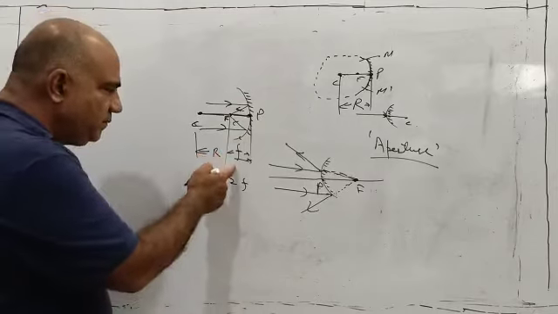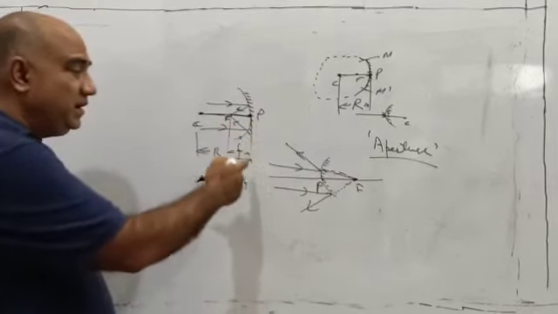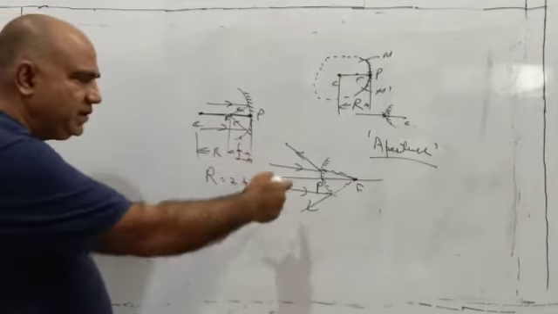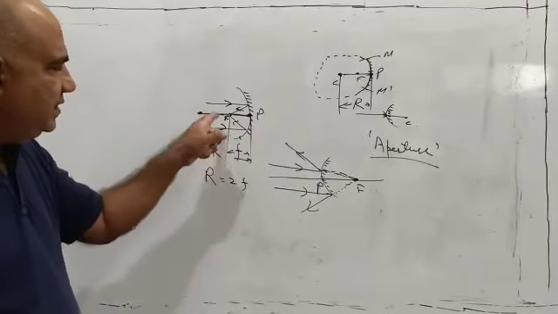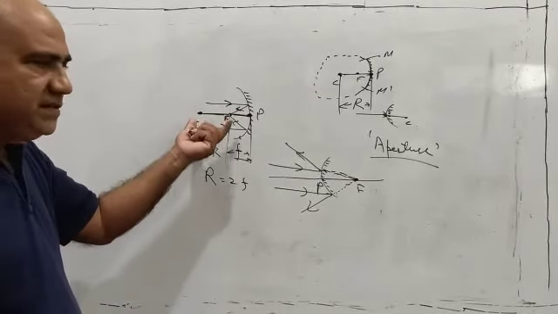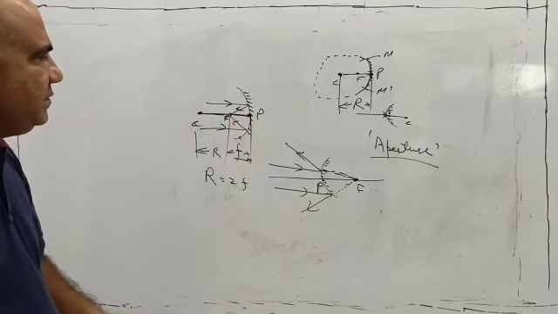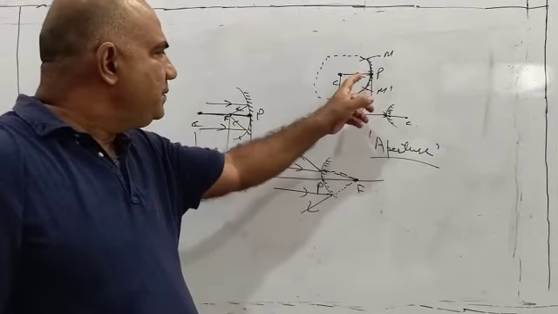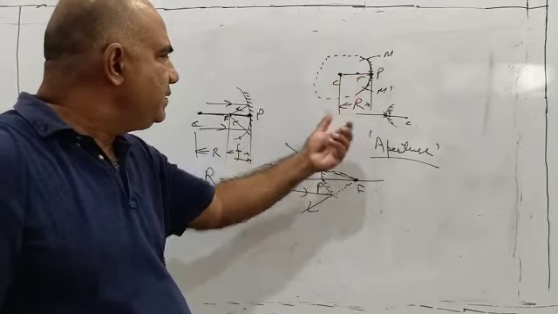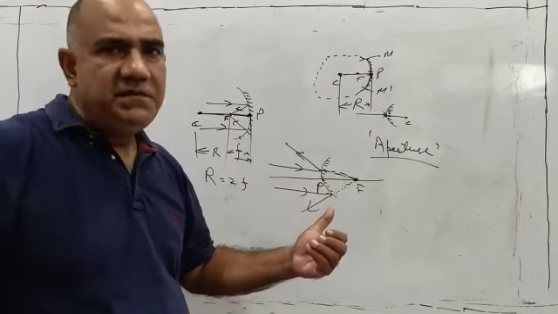So that was about focal length. Focal length is the distance. Focal length of a concave and convex mirror is the distance between the pole and principal focus. This is a length, that is a point. Center of curvature is a point. Radius of curvature is a distance. So now we have studied aperture, pole, principal focus, center of curvature, radius of curvature, principal focus. I believe all the terms are covered. The rest we will see in the next class.